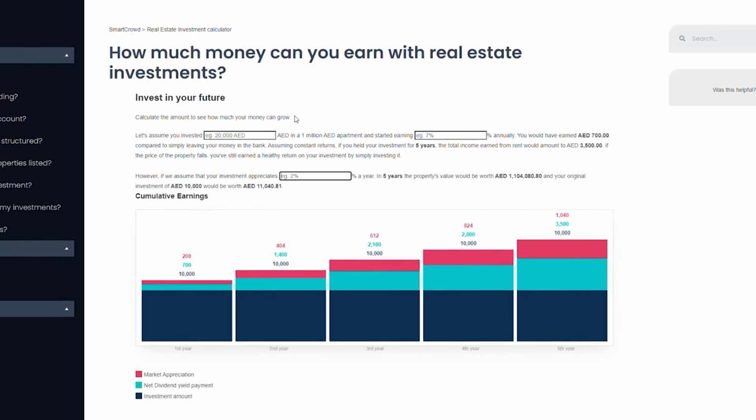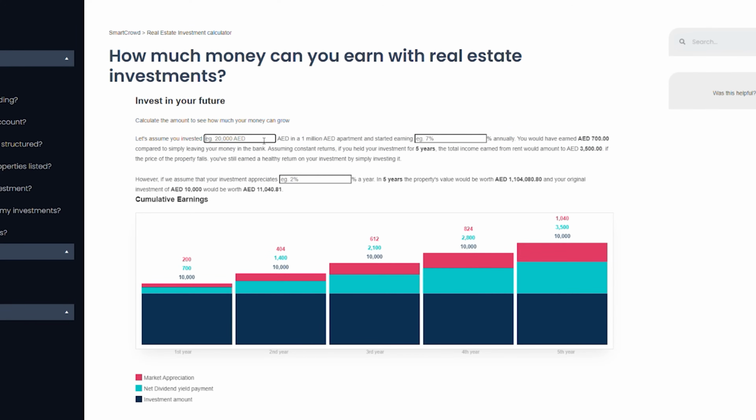And we're talking about returns, so one of the things I equally love about their site is they have a returns calculator. So it's an investment calculator that goes into the details of, if you invest this much, what's the projected return. You can put that in and it gives you a full breakdown on dividends versus property appreciation prices. So let's just take a quick look at that. So here we have their investment calculator. I'm going to put in, say, 10,000 AED,